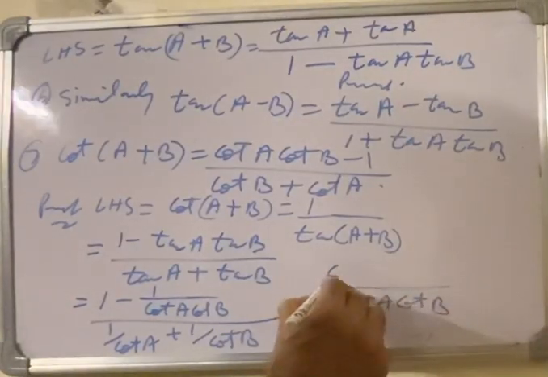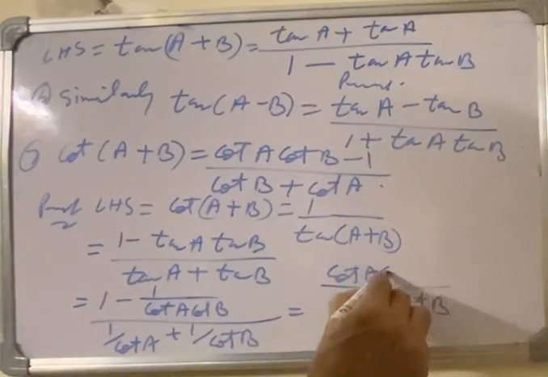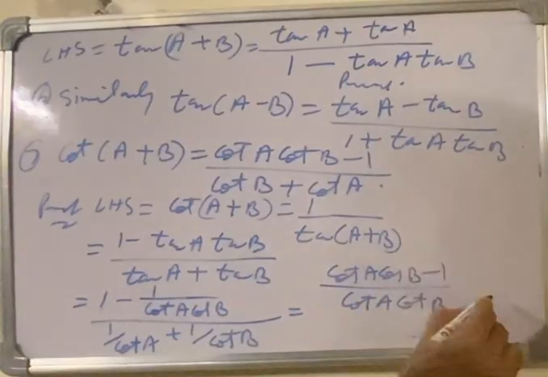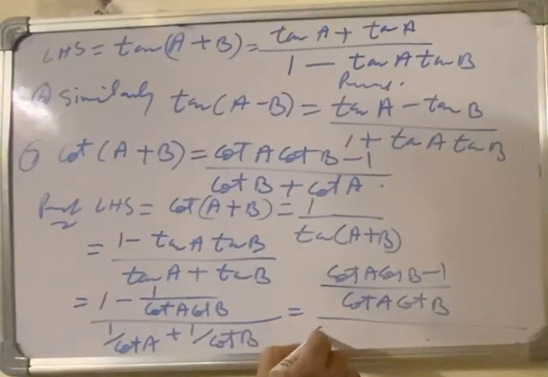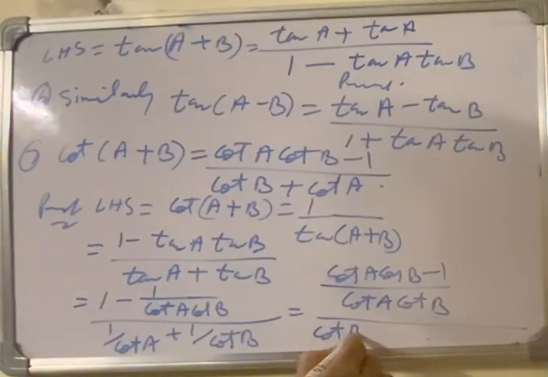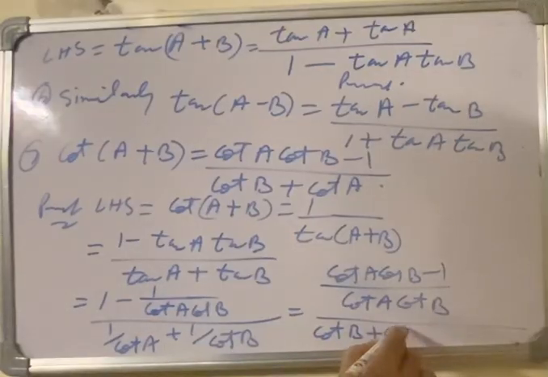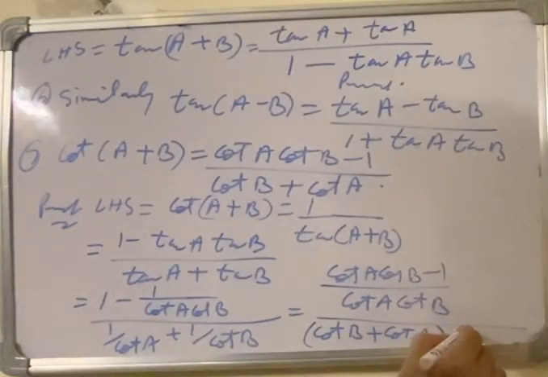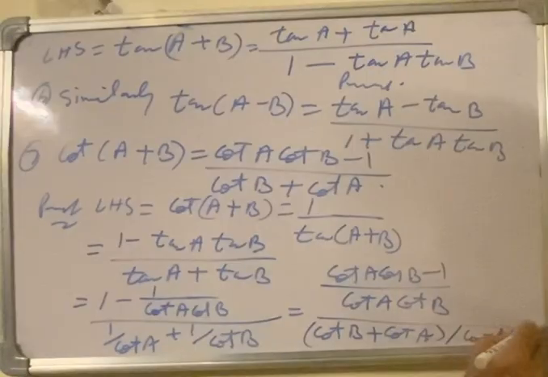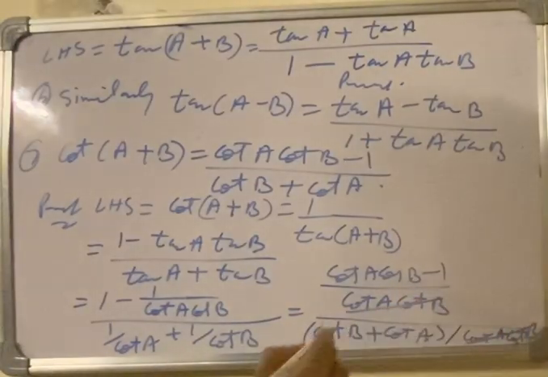We get cot A cot B minus 1 over cot B plus cot A over cot A cot B. It will be cancelled. So we are left with,